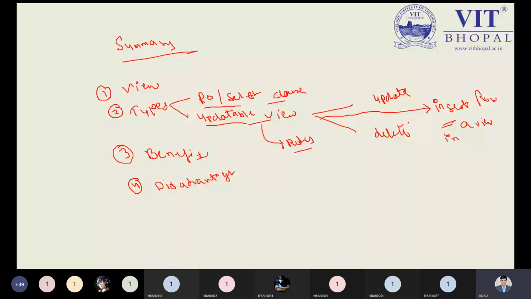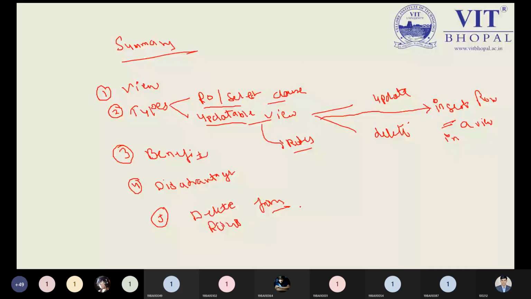Next, we have seen what is meant by delete. Delete from: if you want to delete rows from a view, it is also possible to remove them.